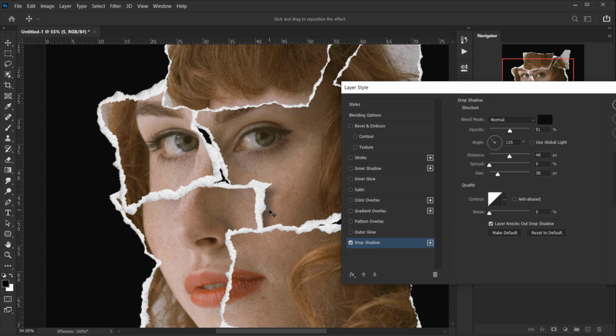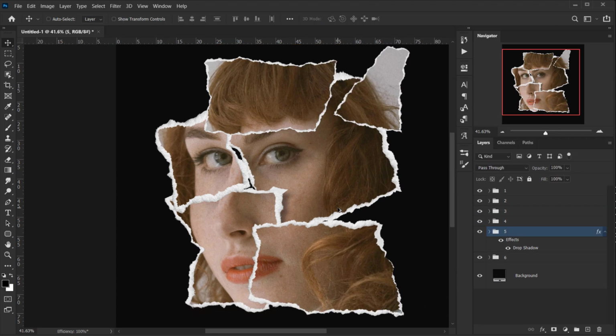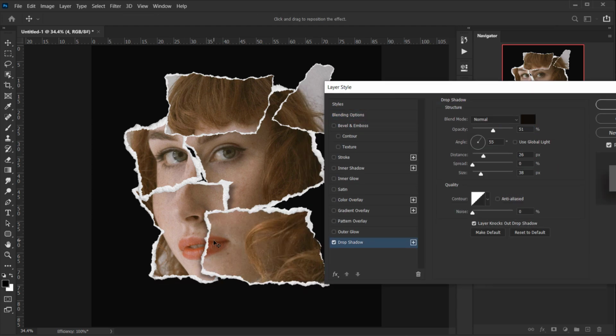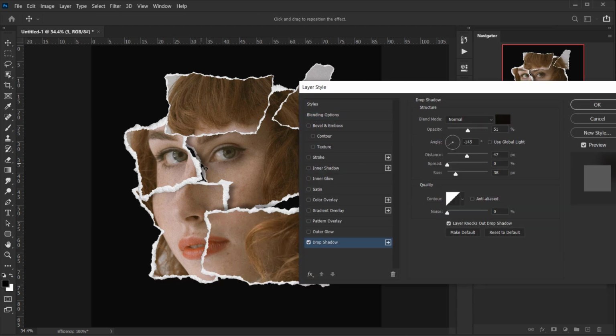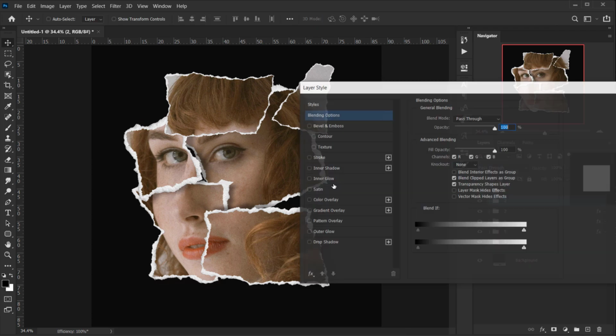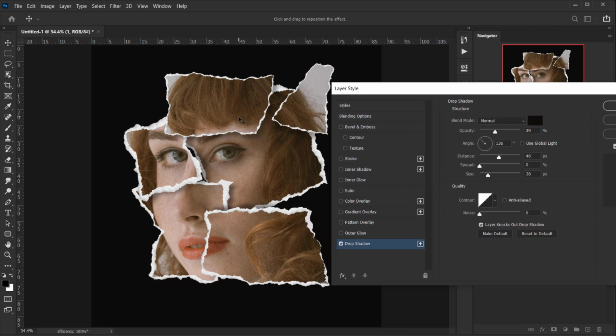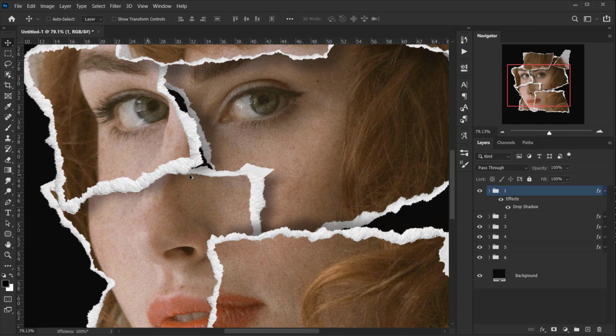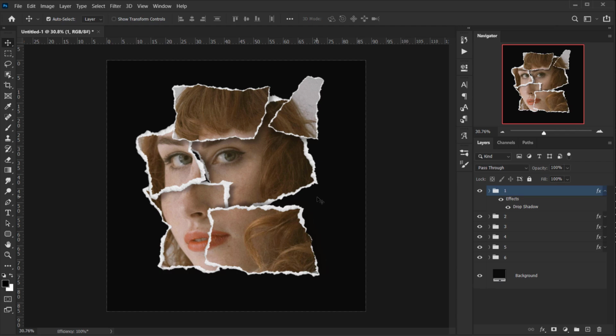Something like that. I think it will look interesting. And I will do the same for the other group. So just to give it a little bit of dimension to the whole thing, I think it looks really cool.